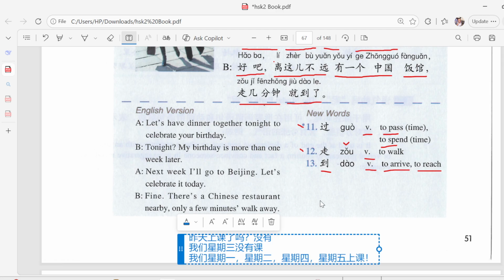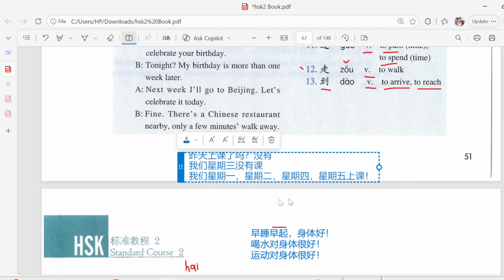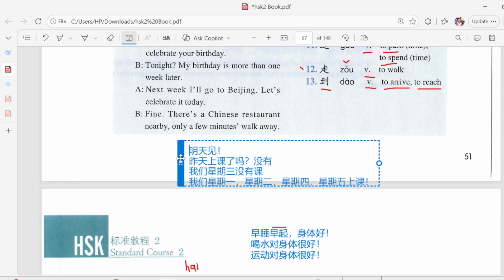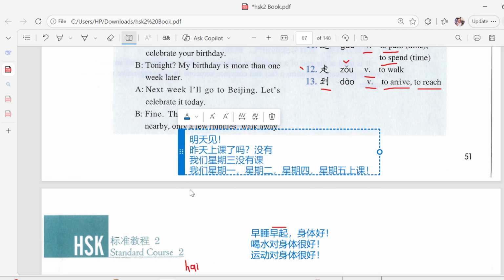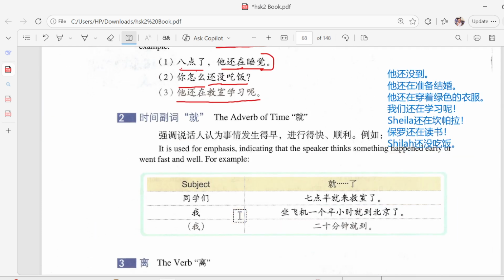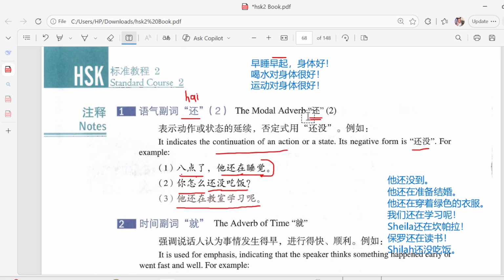This is where we stopped yesterday, and we're going to be moving on to the next part of this lesson. Okay, so looking at the modal adverb 还. So this 还, we looked at some examples,